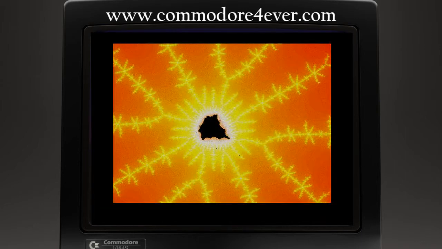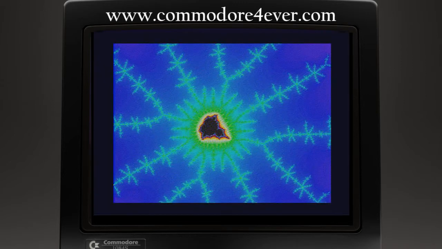Our magnification is so great now that we are losing definition and accuracy. We can redefine the accuracy by setting a higher number of iterations. Now the inside of our miniature Mandelbrot is clearer, but it would be clearer still if we changed the colors. That's better. We can now make out the detail of the small Mandelbrot without difficulty.